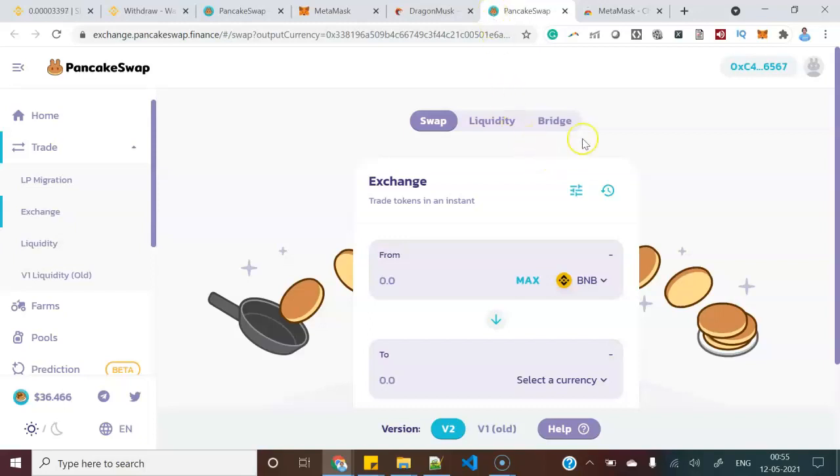In our case, let's say we want to purchase the Dragon Marks cryptocurrency, and whatever Binance I have in my wallet, based on that I can purchase that particular cryptocurrency.